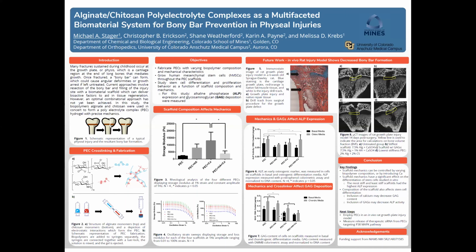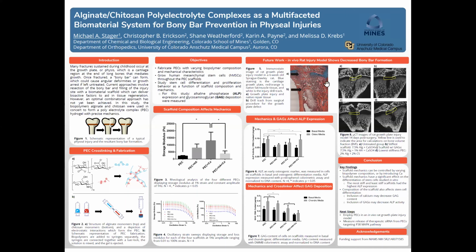From figure 7, we can see that if we include calcium as a crosslinker in our scaffolds, it actually has a deleterious effect on the glycosaminoglycan deposition, meaning that gel 1 or gel 2 would be the most ideal in this case. The next steps for this project are to include these scaffolds in an in vivo rat injury model,